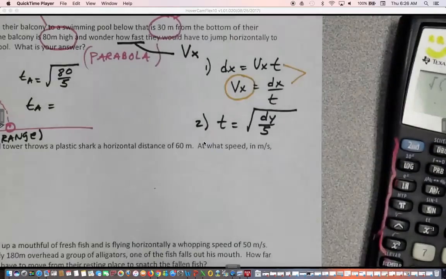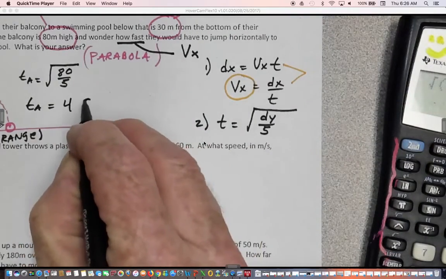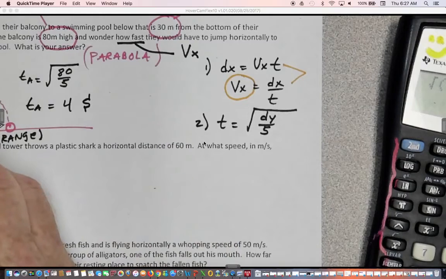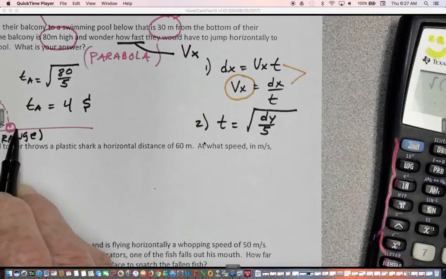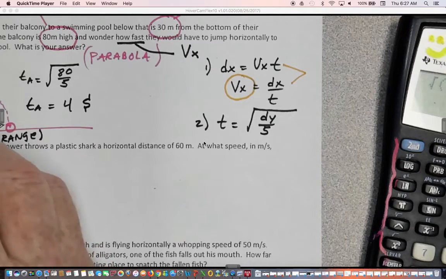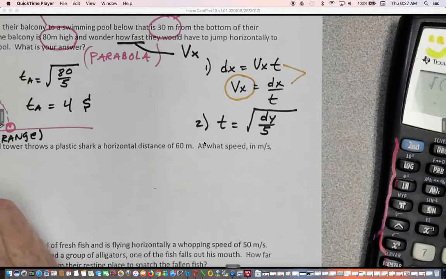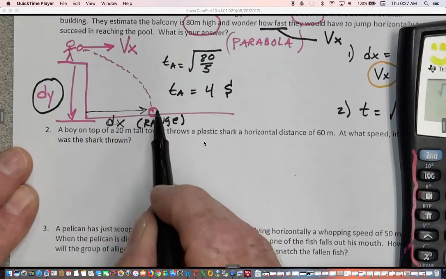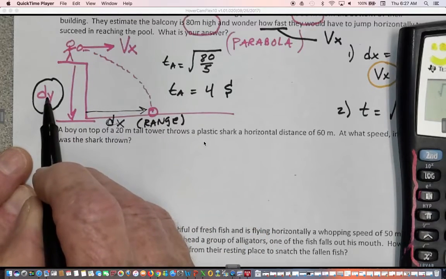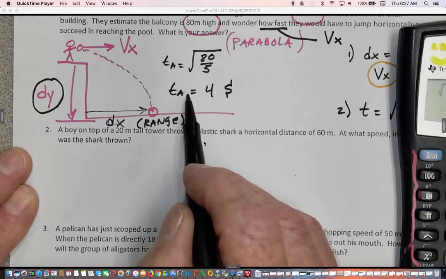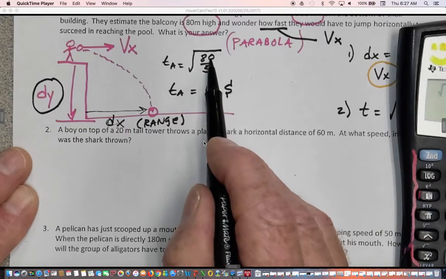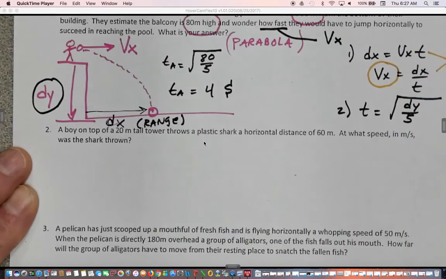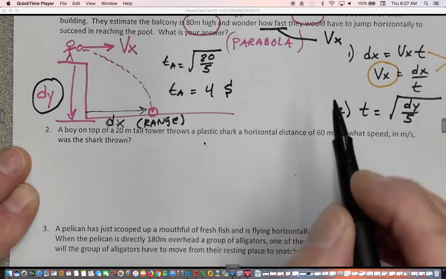4. It took 4 seconds for this stone, or whatever they threw, to reach the pool, because you were 80 meters high. That distance, it took 4 seconds for this object to reach the pool. This distance really determines how long it takes to hit the ground, because dy is what I have control of, what height I throw from. So now that I have my 4 seconds,